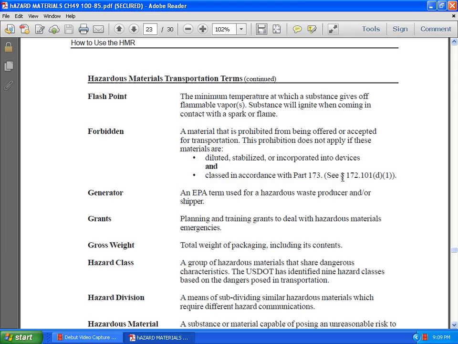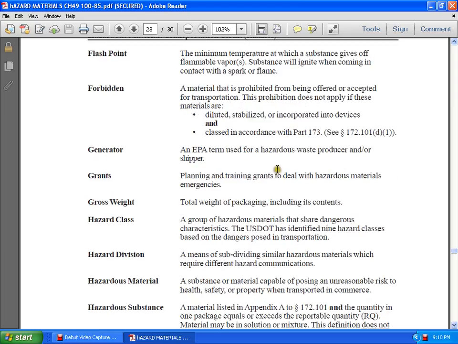Generators: an EPA term for the hazardous waste producer and or shipper. Grants: planning and training grants to deal with hazardous material emergencies. Gross weight: total weight of the packaging including its contents. Hazardous class: a group of hazardous materials that show dangerous characteristics. U.S. DOT identified 9 hazardous classes based on dangers posed in transportation. Hazardous division: the means of subdividing similar hazardous material which requires different